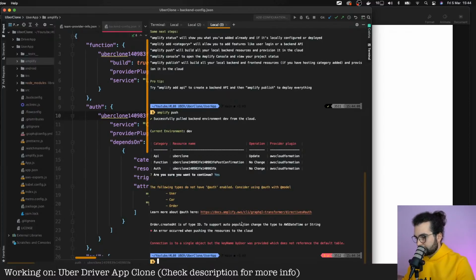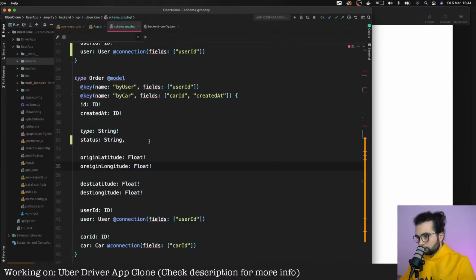Connection is to a single object, but the key name byUser was provided, which does not reference the default table. Okay, I think we made a mistake there. ByUserID. It has user ID.